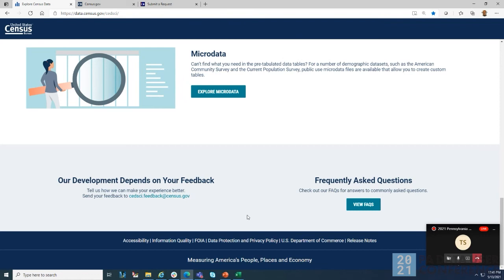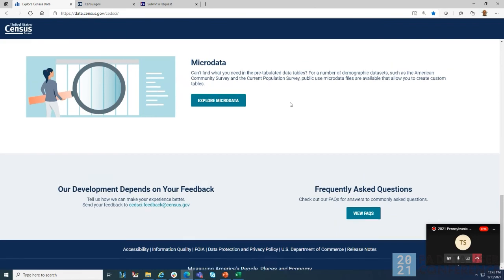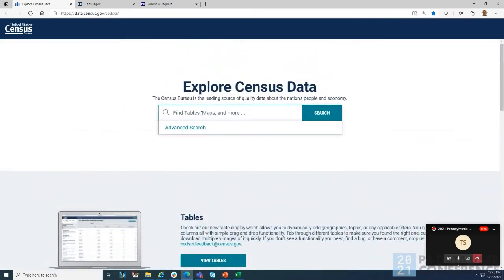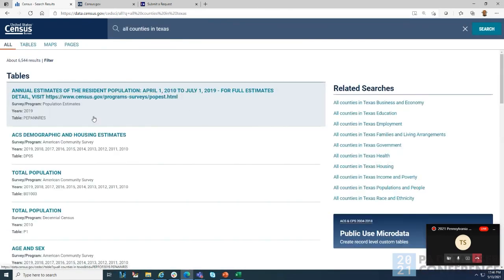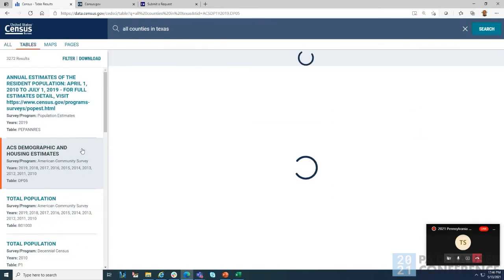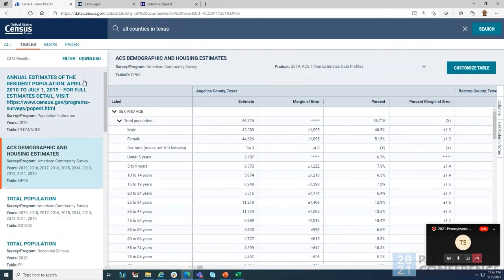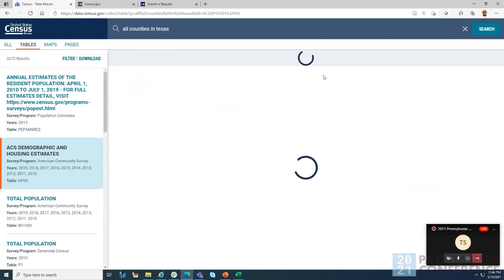I don't like that it's there and grayed out, because it's even more infuriating. I've been pushing for that, because right now when you go to something like all counties in Texas, that definitely isn't going to come up. And the data that would come back from that, it would force, oh, and now it comes up.